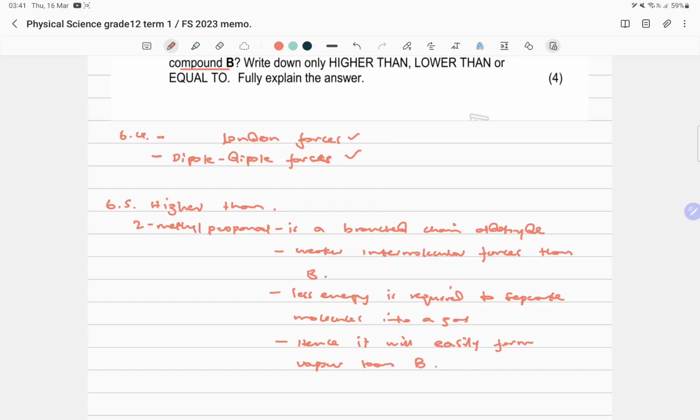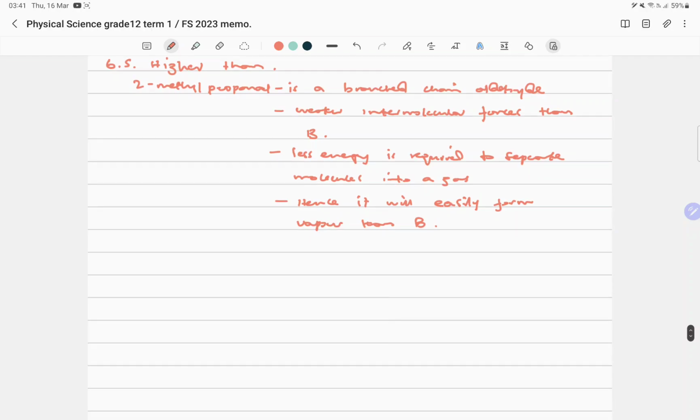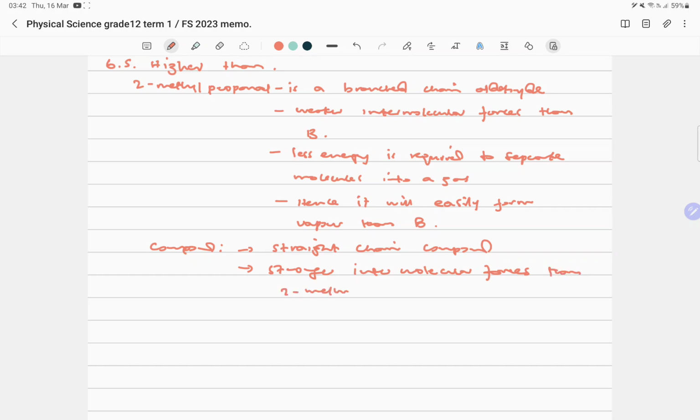Okay? And then of course they normally expect you to say something about B. So we can say compound B is a straight chain compound. That means stronger intermolecular forces between molecules. But if you said intermolecular forces, then you're comparing, right? Then 2-methyl